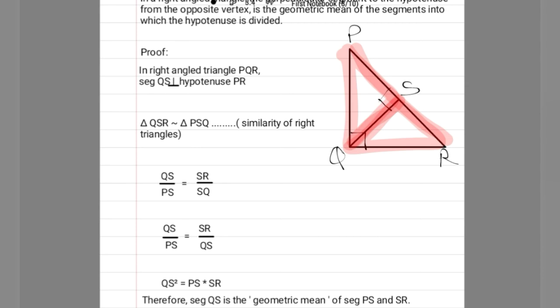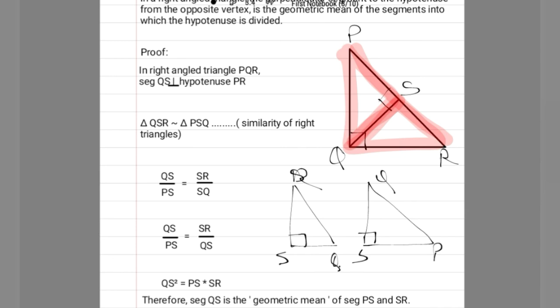in proportion. So for that we have to draw the triangles individually. So I will draw it here so that you will get to know it easily, right? So these are the two right angle triangles here. From this is the S, and this is P, and this is Q, and this is R, and this is Q. So these are the two triangles we have, and what they are saying is, according to